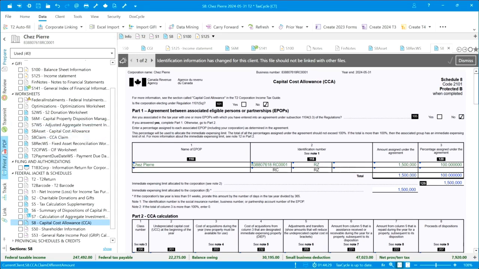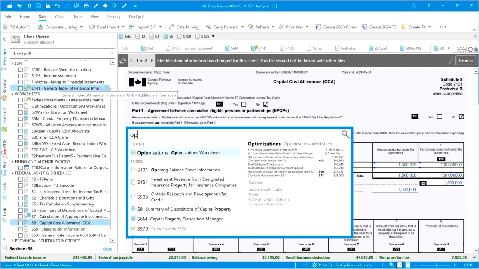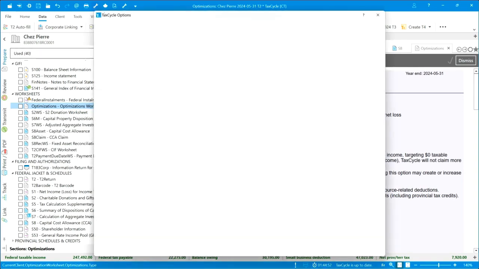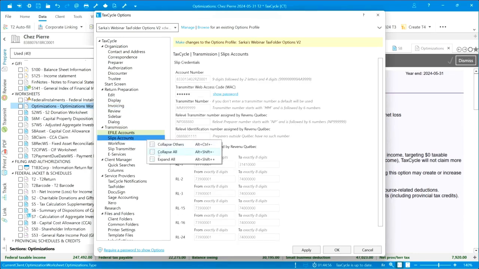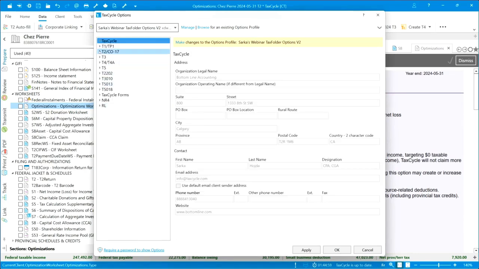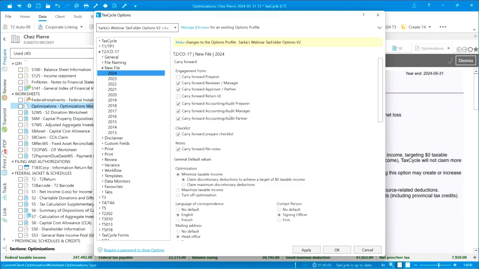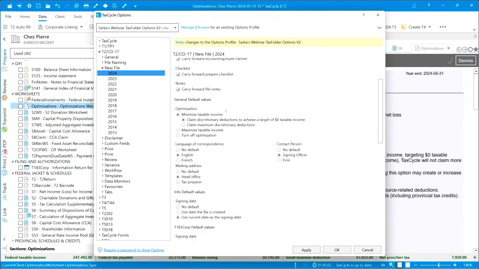All right, so next on the list is T2 optimizations. To get to optimizations, again, we can press F4 and type in optimizations. This is going to come in from my options. There are some settings there. I'll just show you real quick. If I go into my options, and I'm just going to collapse all of these, I'm going to go down to my T2, and it is under New File. So if I come down here, there's my optimization section, and you can